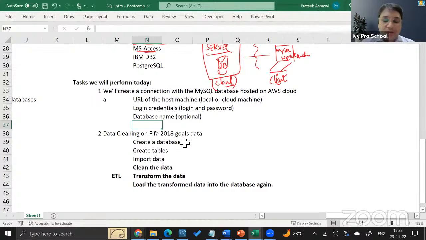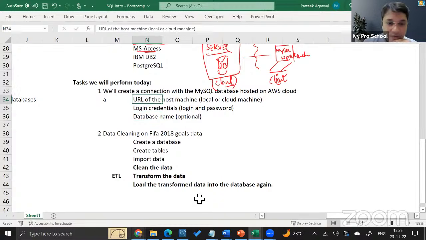Now, because I'm going to give you a login ID which will have admin access, that means the root access, please don't drop the databases. Just create the database with your name and don't drop others' databases. We'll see what that means.